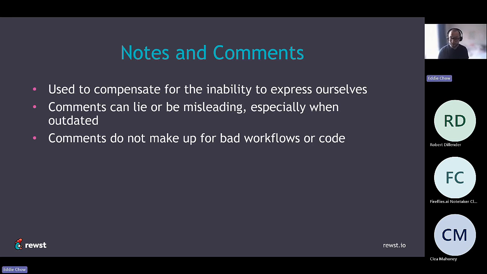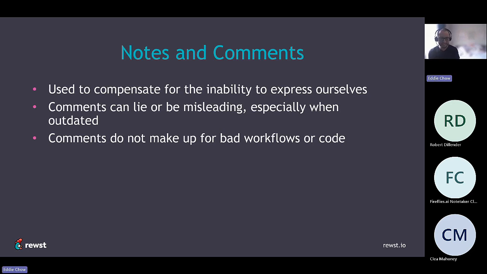With that, we have to be very careful in how we decide to document, add notes, and comment, because the worst thing we can do with our comments is create lies, whether intentional or unintentional. Sometimes comments can be misleading or